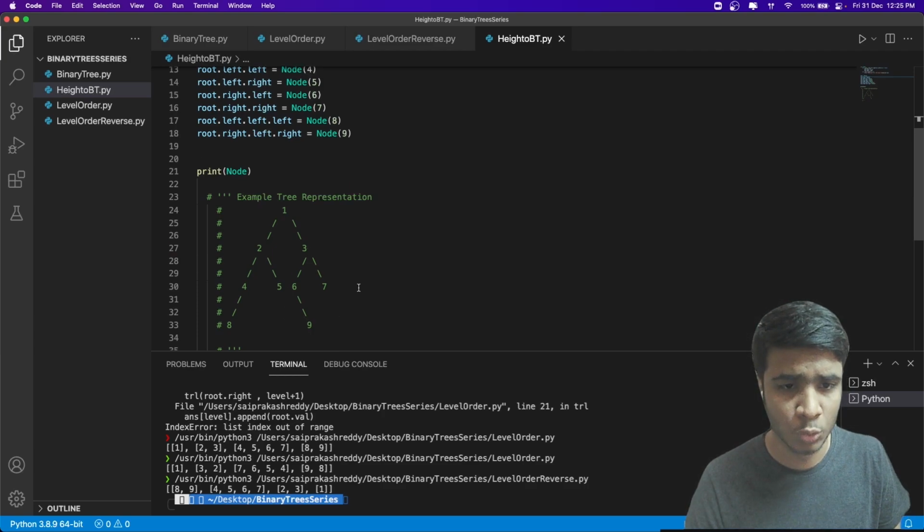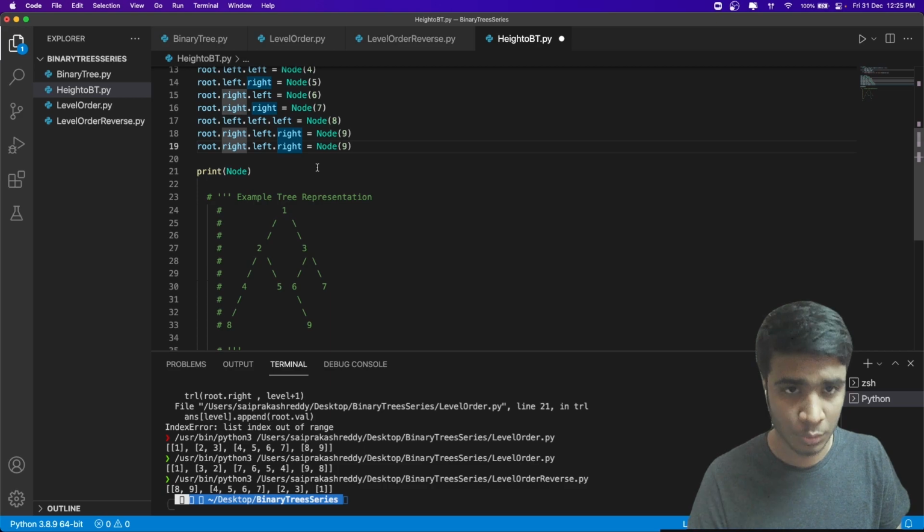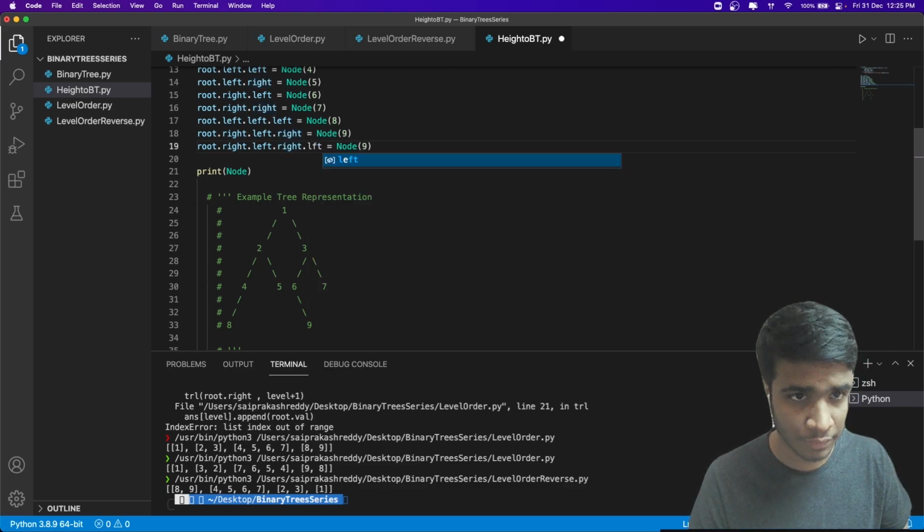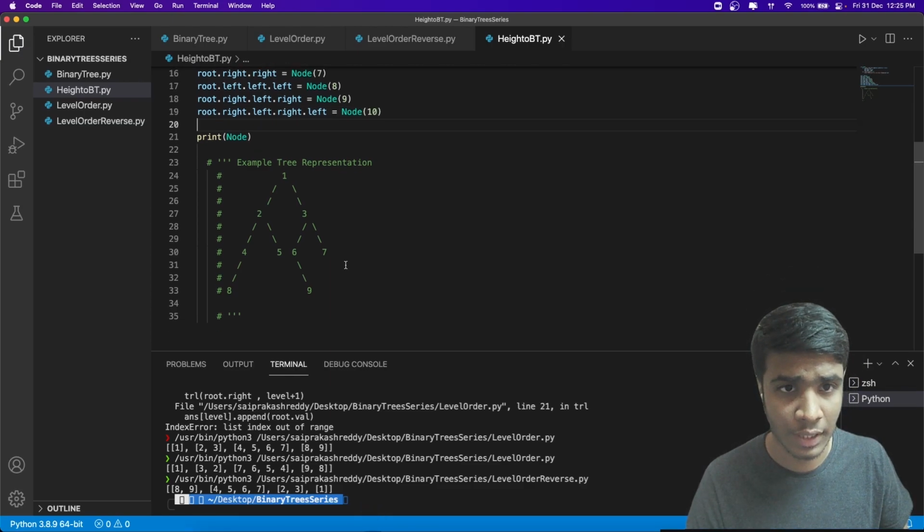But let's do some modifications here. I'll also add a couple of children here. I'll add a left child and I will put 10 here.